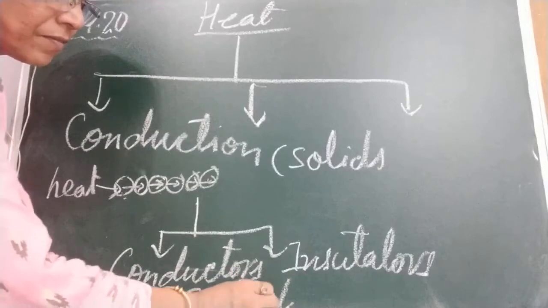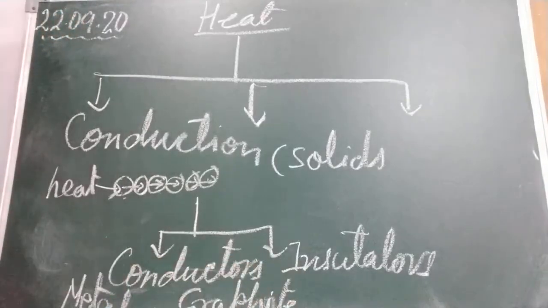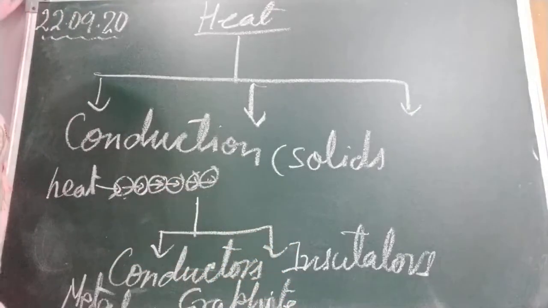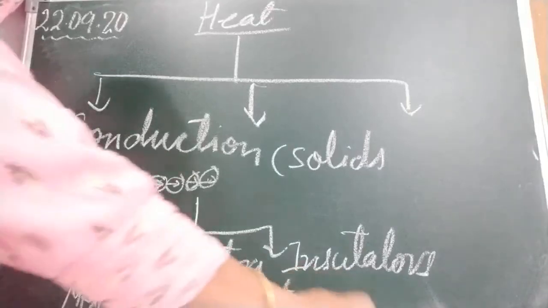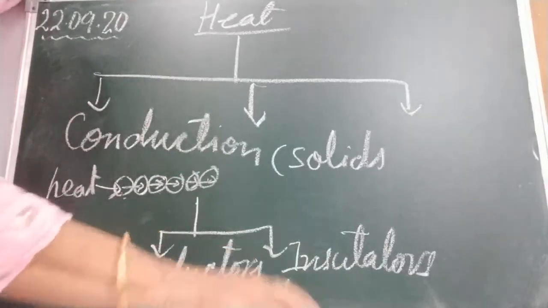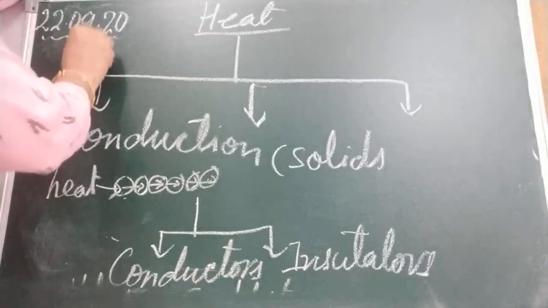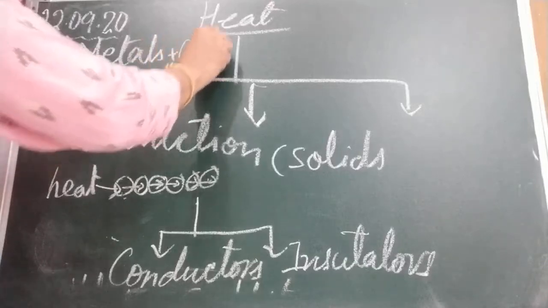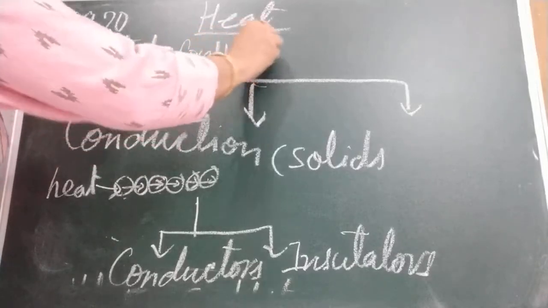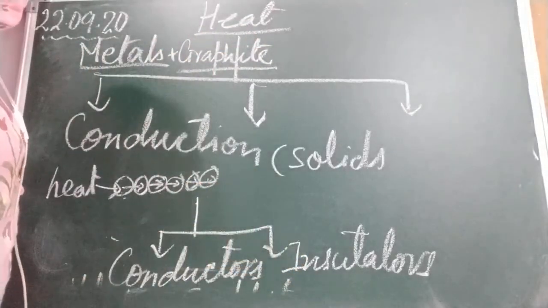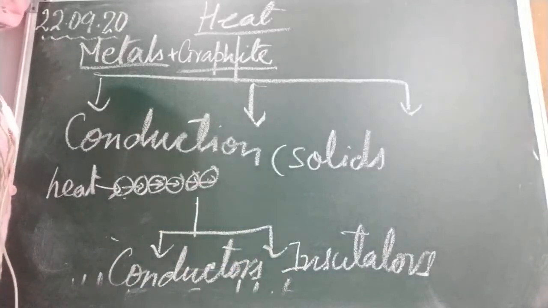Okay, this is also a good conductor. Insulators, what are insulators? Materials that do not allow heat to pass through them are called insulators. It is not visible here, conductor is clear, so I am writing here, all metals are good conductors plus graphite, that is, what? Non-metal. Okay children. Now insulator, the materials that do not allow heat to pass through them are called insulators.